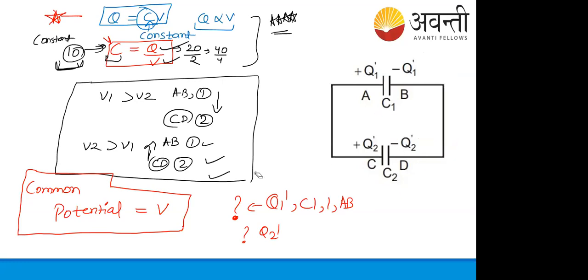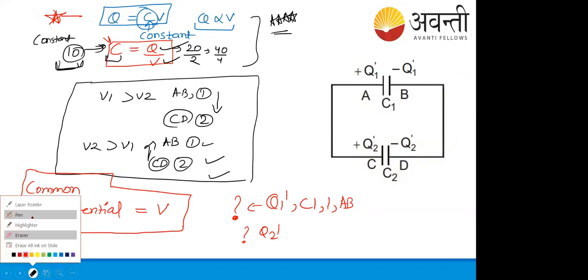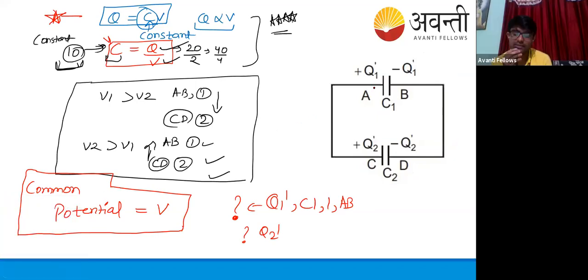Okay. So the thing is that, listen, I told you that initially there were charges Q1, C1, and V1 potential difference, and the other capacitor was having Q2, C2, V2 potential difference. When I connected it, there will be charge flow, and they will reach a common potential. This complete system will be at a common potential, that is V. Across this capacitor there will be a common potential difference V, and here also there will be a common potential difference, that is V.